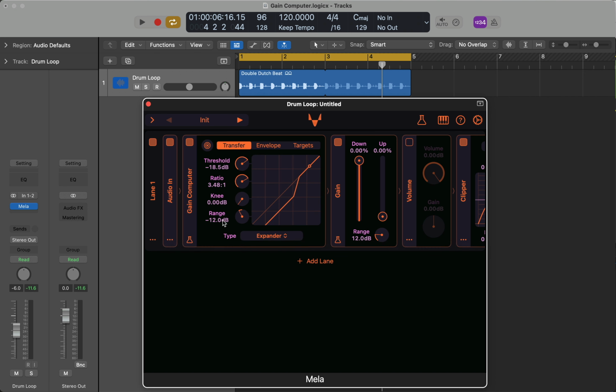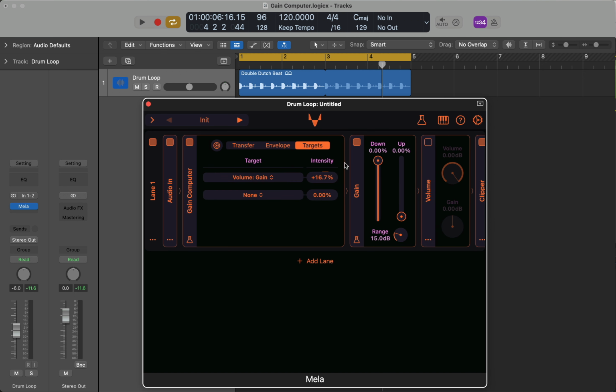So if I have a range set to minus 12 here, I can set it to the same value here. Let's pick some other value, like maybe I don't know, 15. And I can do the same here. I can set it to 15. Now, let's remove this. And if I modulate this by 100%,